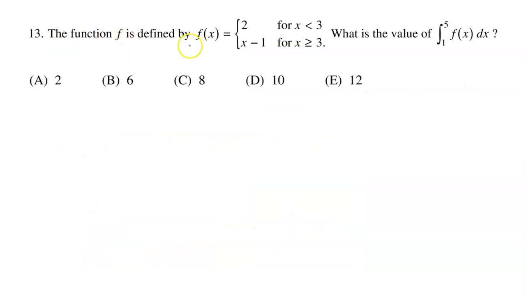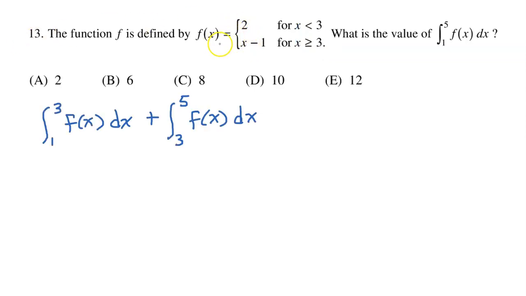The function f is defined by this piecewise function. What is the value of the integral from 1 to 5 of f of x dx? Notice that the limits of integration from 1 to 5 pass by this value x equals 3, where the piecewise function changes from the top piece to the bottom piece. Because f of x changes expressions at x equals 3, we need to take our original definite integral from 1 to 5 and rewrite it as two separate definite integrals,